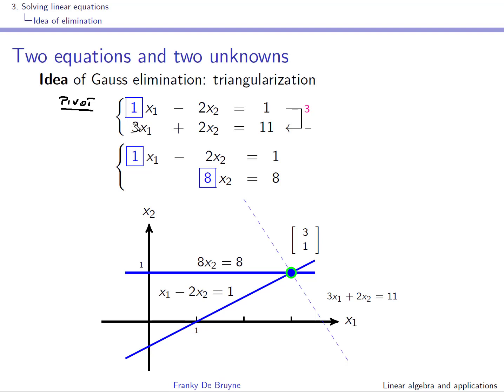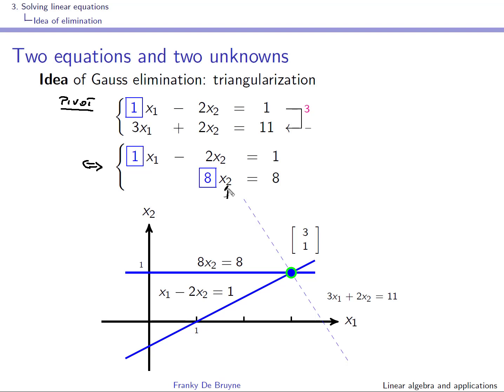We use this pivot to produce a 0 below the pivot, and this is done as follows. We take the second equation, and we withdraw 3 times the first equation. This will produce a 0 over here, and we obtain an equivalent system. The advantage is that this system is upper triangular, and that the variable x2 is now very easy